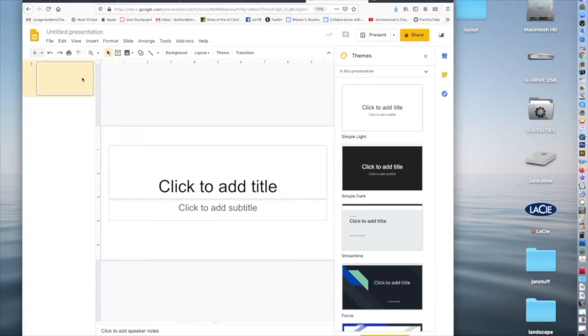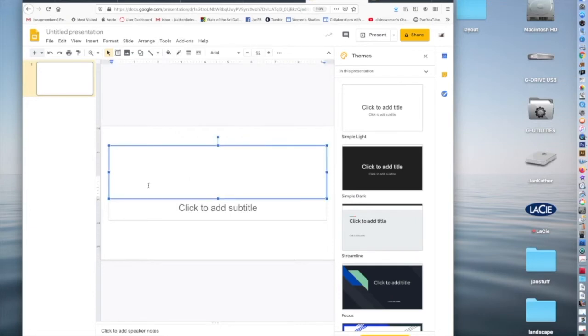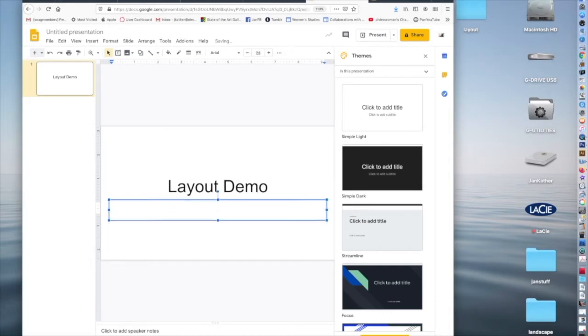And if you make a slideshow, you can actually export it as a PDF, which is a way to make an online book. So just be aware that everything I'm teaching you, you could use for another project. I'm just going to call this Layout Demo, and I'm going to select that. I'm going to say Crafting